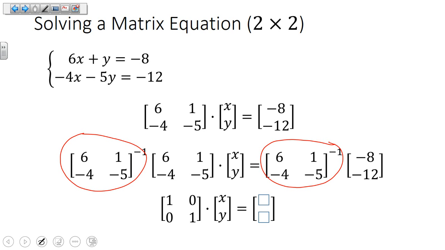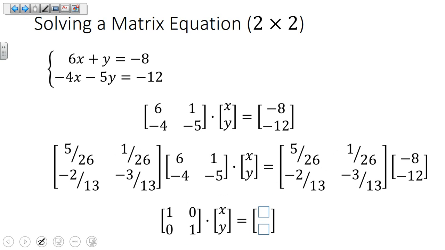So it absolutely has to go there. No ifs, no ands, no buts. That inverse matrix has to be in front on both sides. So we know how to make an inverse matrix. We go through our process of making that inverse matrix, plop it in front,